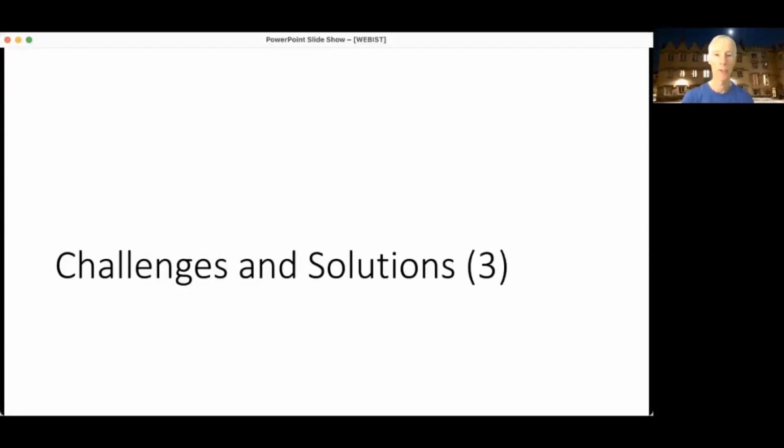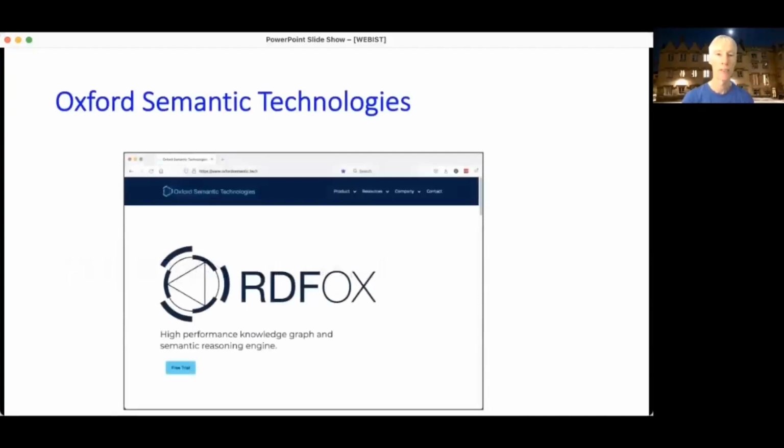However, as researchers, we were unable to provide the support that was needed to go beyond proof of concept applications, and this led us to commercialize RDFox via a spin-out company, Oxford Semantic Technologies, which was established in 2017. However, although RDFox was very well engineered, it soon became obvious that there's a huge gap between a research implementation